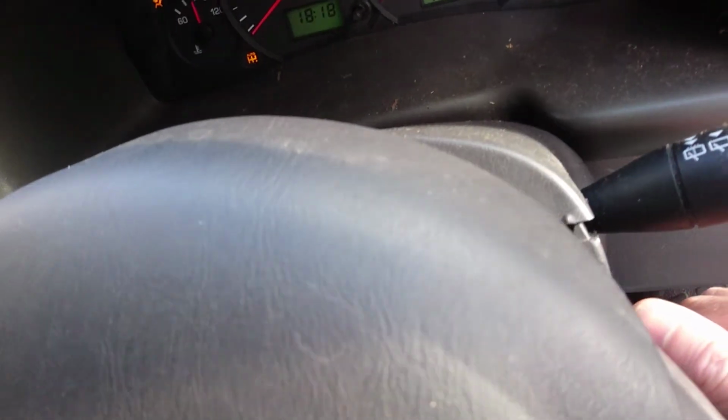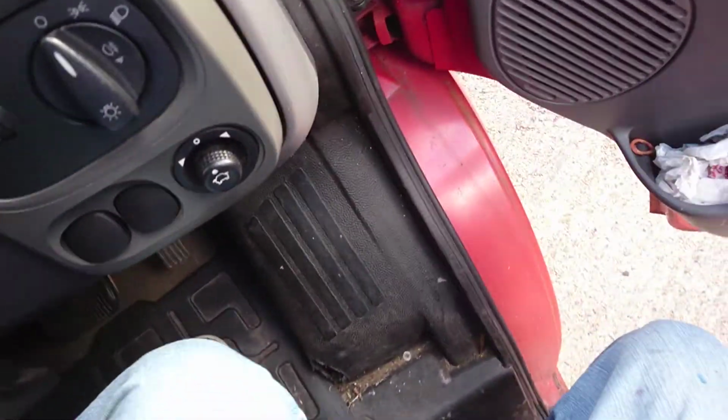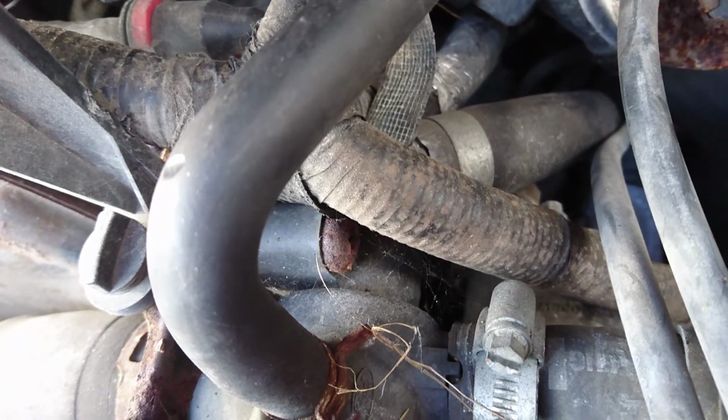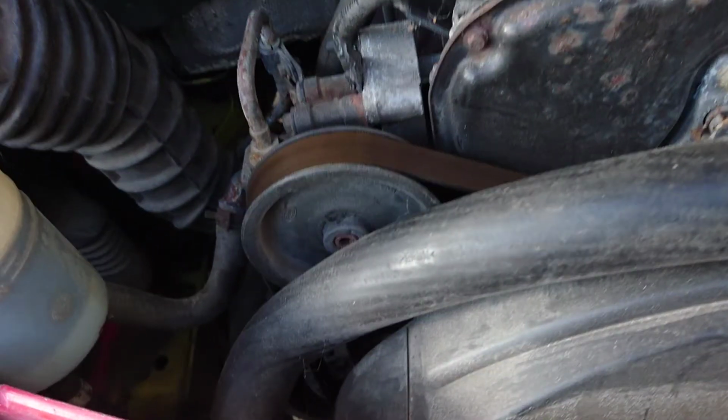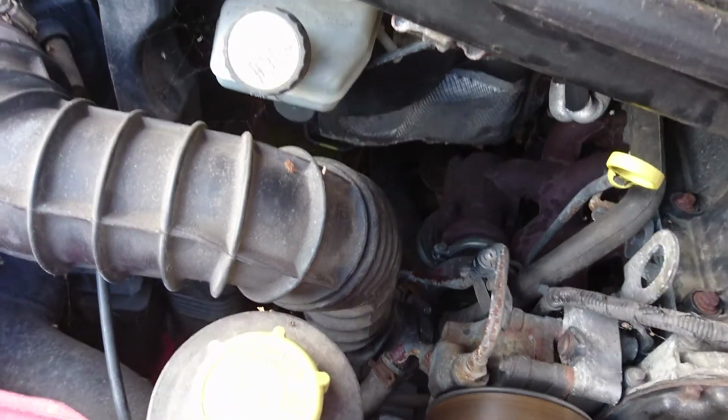The idea is, apparently, you're supposed to take this apart. I'll show you now. And what I've been advised by a mechanic is under here. There's an oil pump underneath here, and there's a little thing attached to it, and that's what you're supposed to give it a little tap. And if it doesn't work, it doesn't work, but you're supposed to tap it, and I think there's a little electrical lead connected to it, and it costs £95 for that. But apparently if you do it up too tight, right, you've got to get a new pump, which is £1,500. So they say don't do